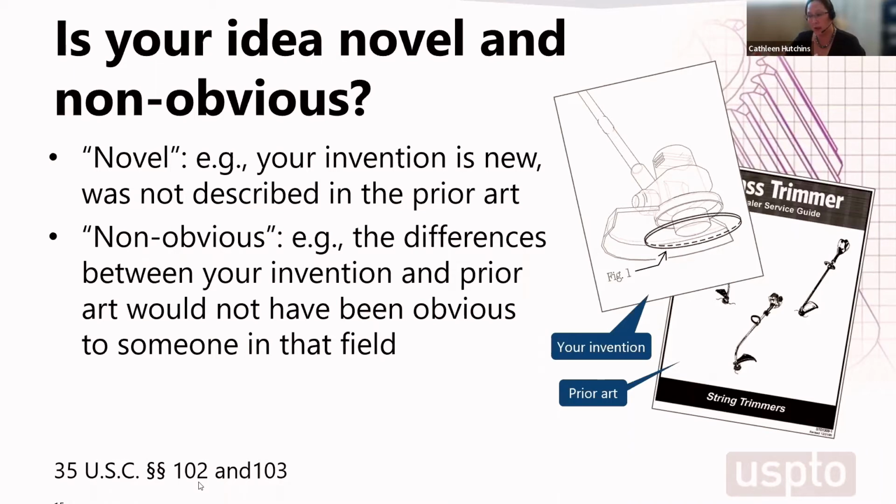Non-obvious, on the other hand, is whether or not what your widget does and what the prior art widget does are obvious variants of each other or not. So the example shown is your invention, say, is some type of weed whacker. And then the prior art is a string trimmer. Well, you can see that there's some similarities and differences. And depending on how the claim is structured, you might have an